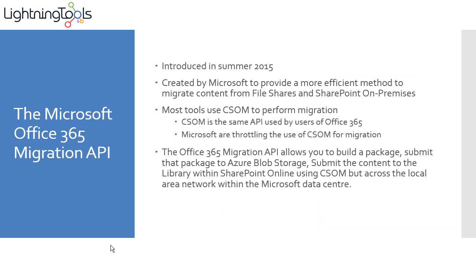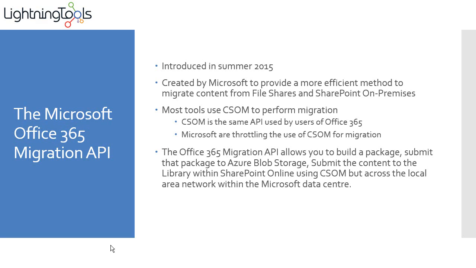manually migrate content to Office 365. If you were to manually migrate it, then basically you're using the same CSOM API that users of Office 365 will be using. And this is the way that a lot of third-party vendors also used to migrate content, using CSOM. However, that caused some performance issues, so Microsoft began to throttle the CSOM for a single account that was uploading thousands of documents, and that is the reasoning behind them coming up with the new Office 365 migration